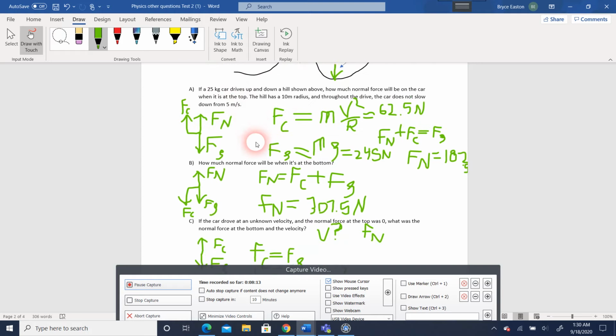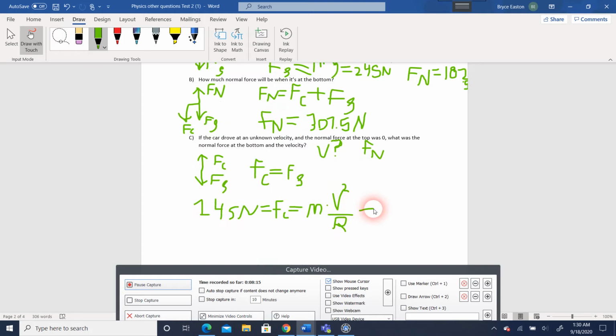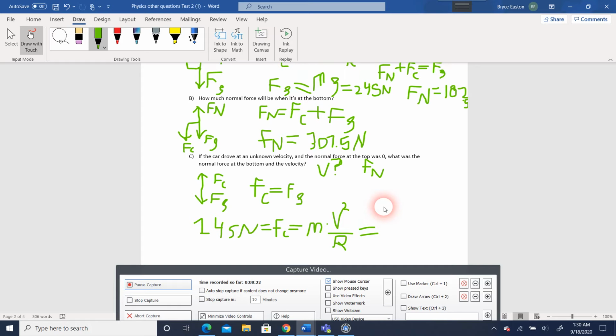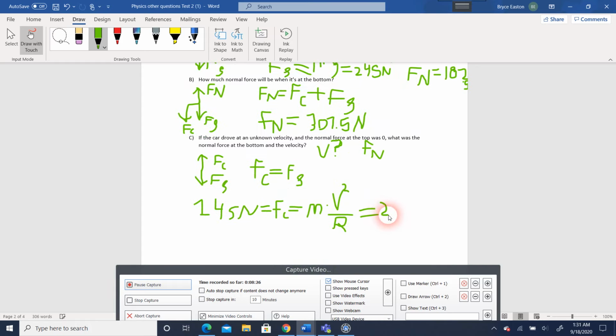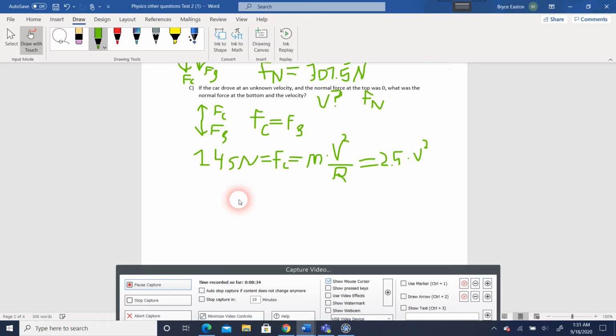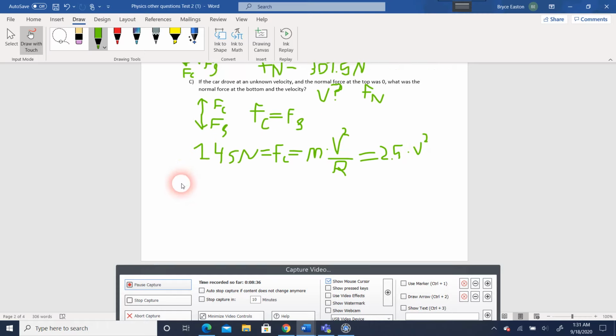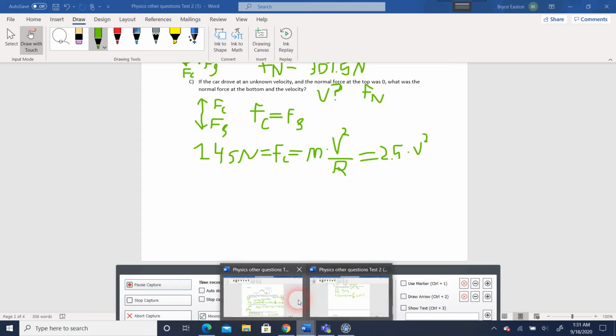And then we just have to plug in those values, which are 2.5 times V squared. At this point it's just algebra, and I'm going to skip to the end real fast